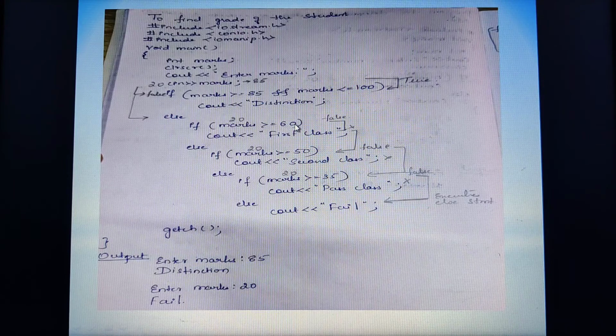Here again the condition is false. Then if the condition is false, obviously the false part of the statement will be in the else part, isn't it? If this condition was true, then this statement would have been executed. Here the condition is false, so this statement will be skipped. I have marked it wrong in the sense that this particular statement is skipped. In fact, the control jumps to the else part of the statement.